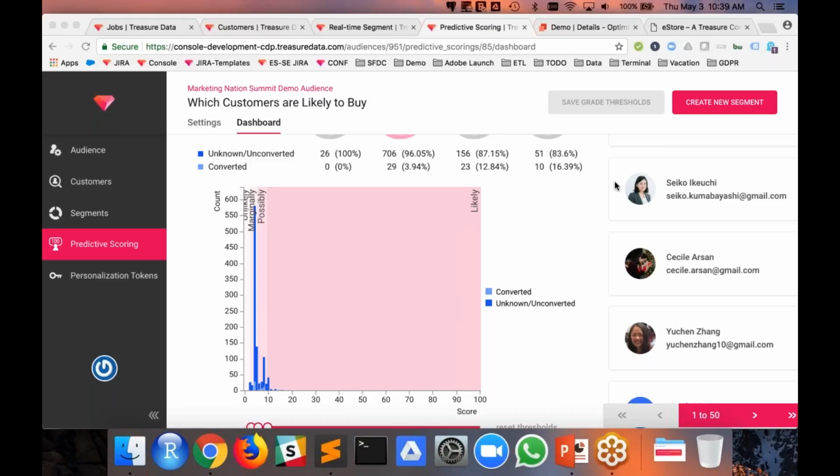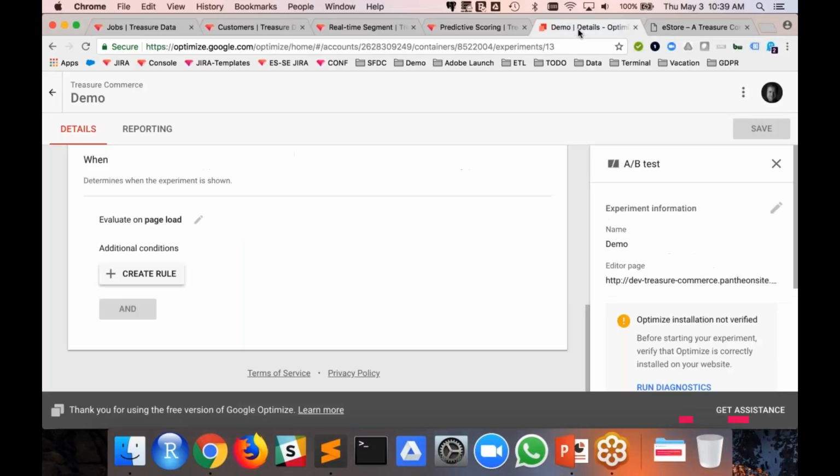Let's see here. So first question here, how would this work in the Adobe stack? So this is a great question. Last time I did Adobe tools, this time I tried to do Google tools because we are definitely agnostic. We don't have a dog in the fight, so we want to support both tools. It would work pretty similar. I'm actually working on some documentation on this, so hopefully I'll have that documented in the not too distant future.